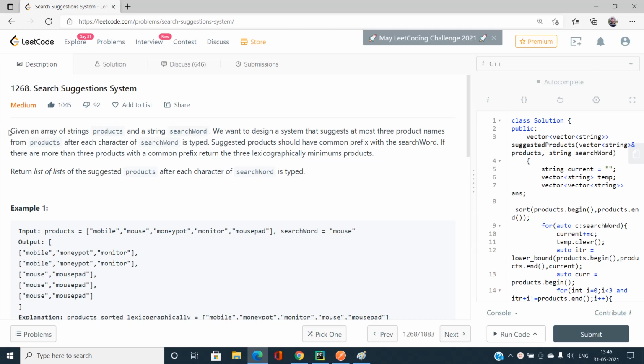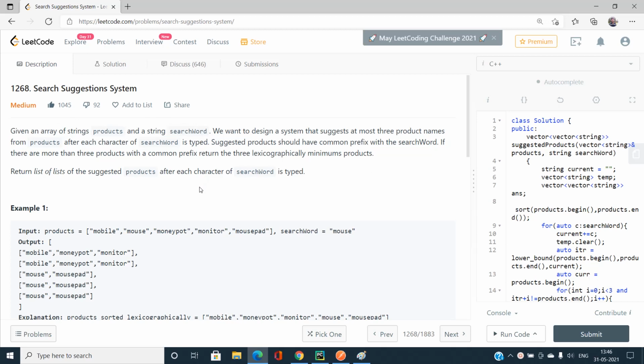Talking about the problem, given an array of strings products and a string searchWord, we want to design a system that suggests at most three product names from products. So we will be given an array of strings called products, and the search word is also given.